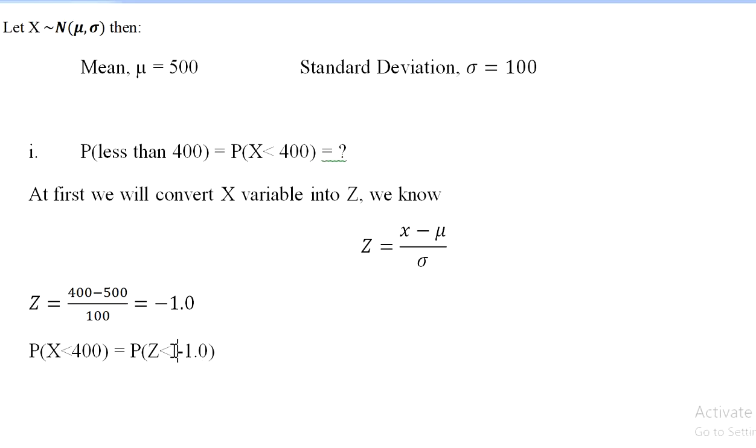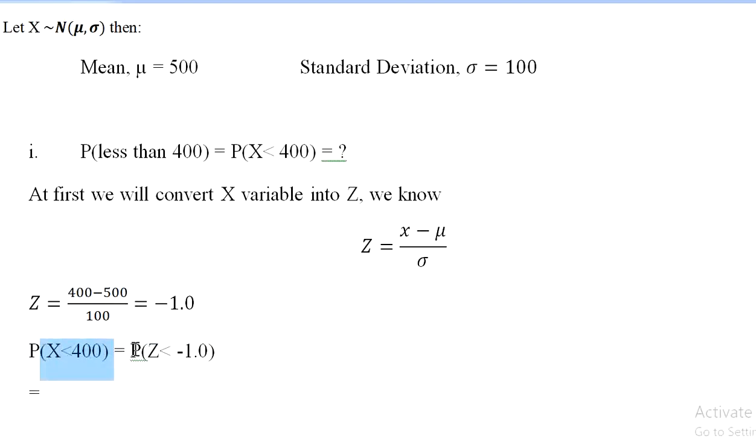I'm sure it is clear to you. So x is less than 400 का मतलब है z is less than minus 1.0।